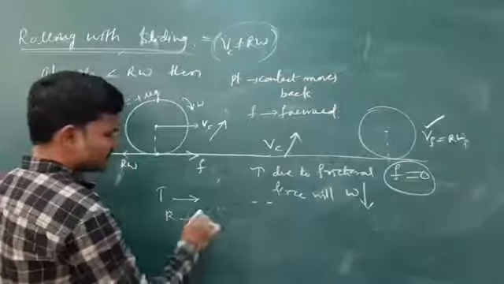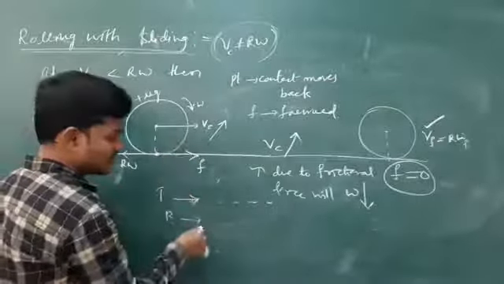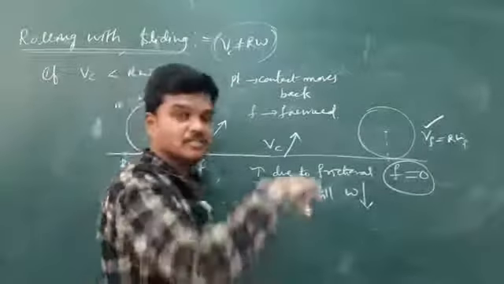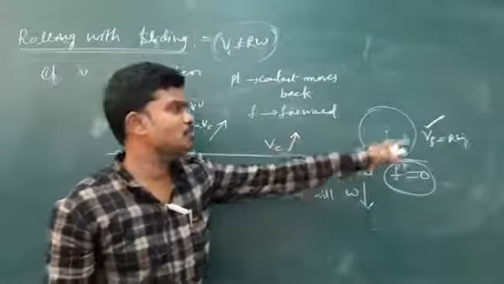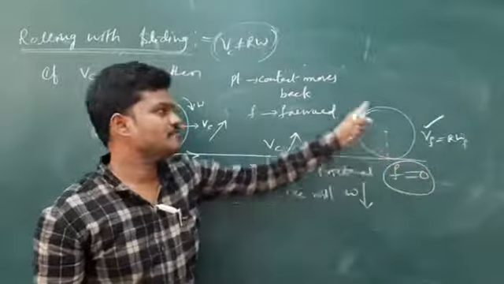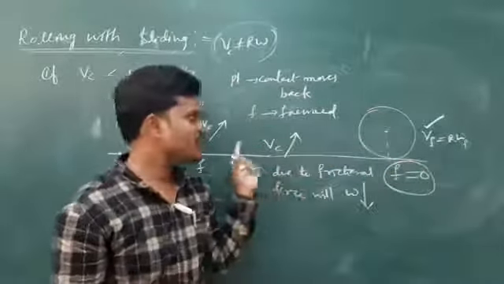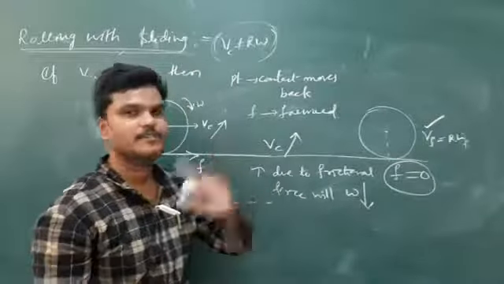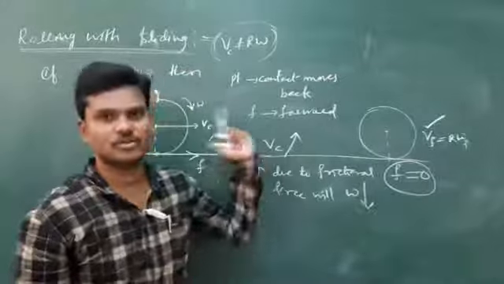Rotational motion means you apply the conservation of linear momentum and conservation of angular momentum. You will get two equations. Solve those two equations. You will get at what time the pure rolling will start and what is the final velocity, what is the initial velocity, everything we can find. So to calculate all these things, let me give one problem. Okay, let me give the data. From that data I will extend all the formulas.